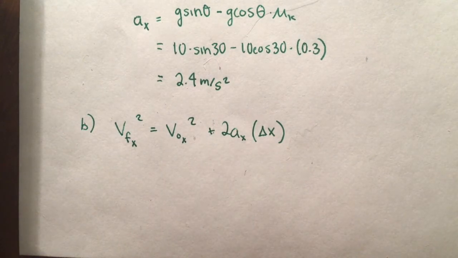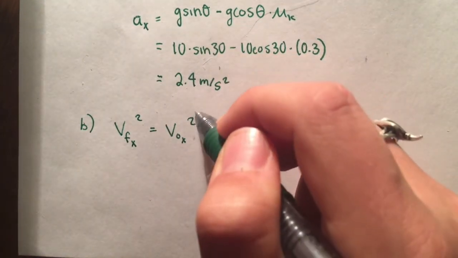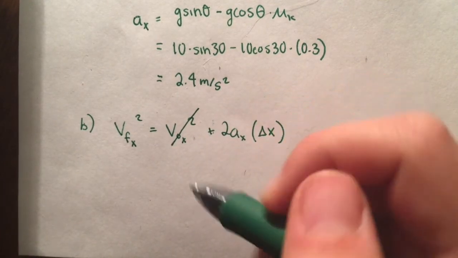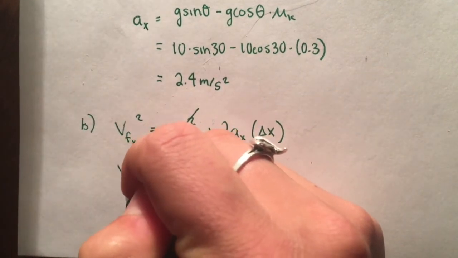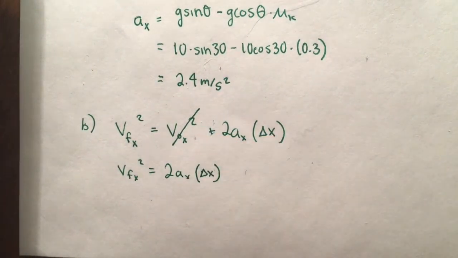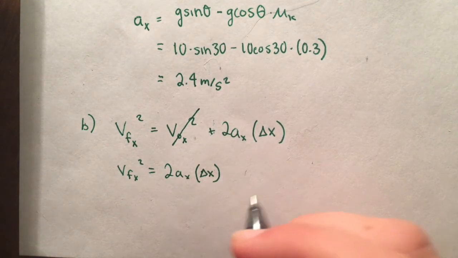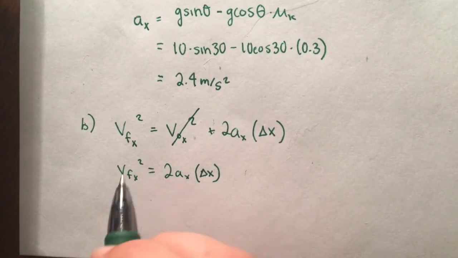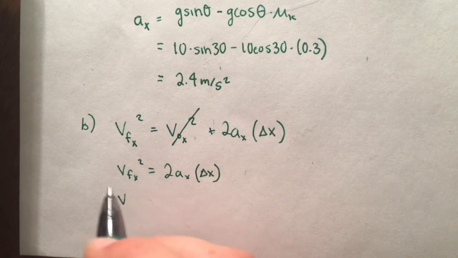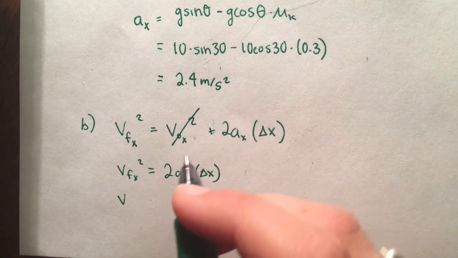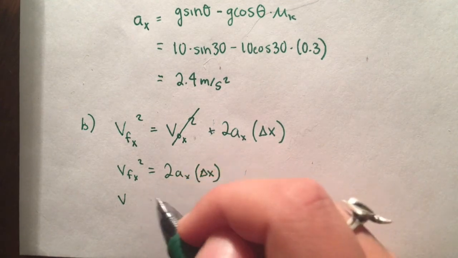My next step is to plug in my zeros, and that is our starting velocity because the box starts from rest. So now I rewrite it, and I'm good to go to plug in my numbers. I need to isolate the variable, and it looks isolated but not quite because it's squared. We don't want the speed squared, we need the speed by itself. So I'm going to have to square root both sides,